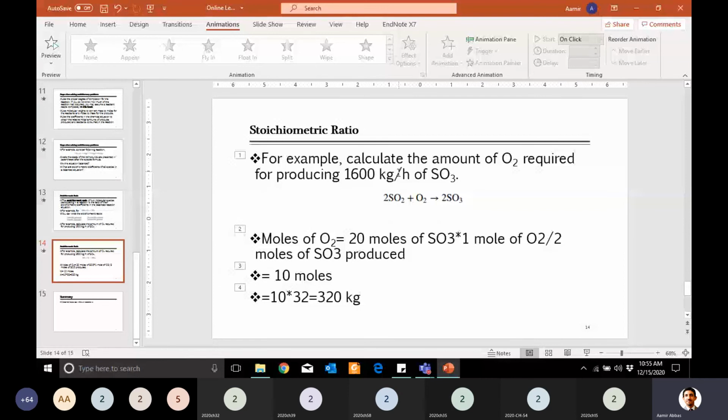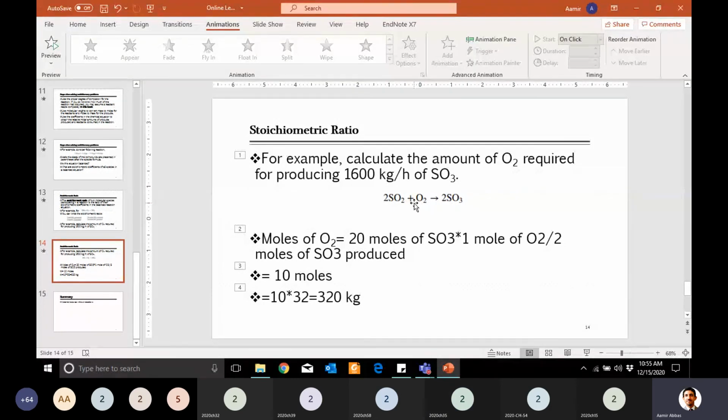The problem here is, I don't know that when there is, suppose, 1 kg per hour production of SO3, how much oxygen is consumed. So how can I link them? They can be linked based on the reaction equation, and that reaction equation involves moles. Do you agree with this, Hasib, up to here? Are you with me? Yes sir. I'm telling you that in the question he asked something that is given in mass, but our equation is in the form of moles. So as per mole, you can tell quickly.